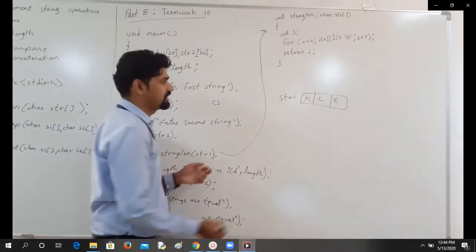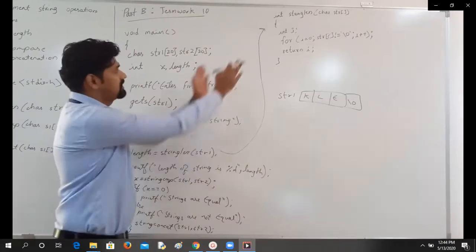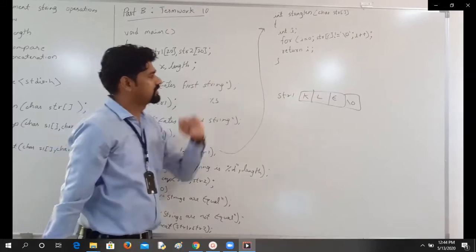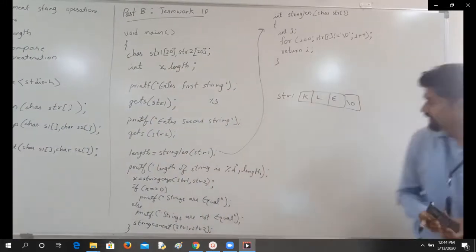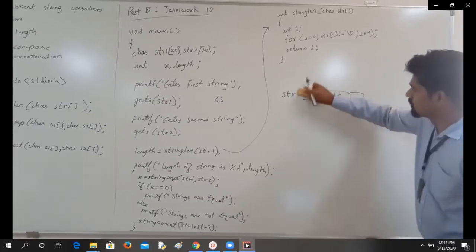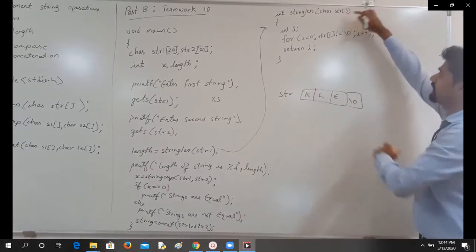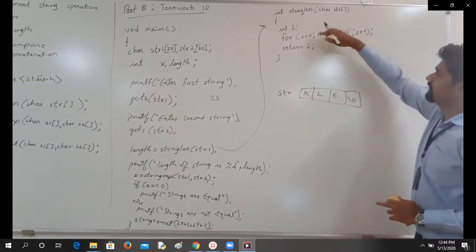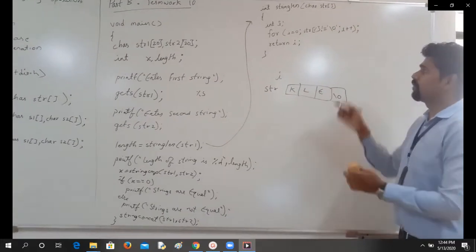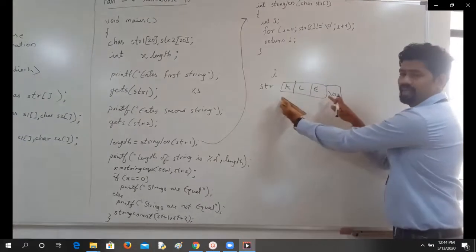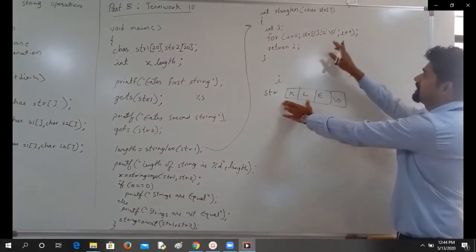And we also know that a string terminates with a null character. So that is there. So this is passed here to this function. So in this function, the name of the variable is str. The value of str now is Kaylee, and then there is a variable which is declared which is i. So here what I have to do is I have to count the number of characters which are there in this particular string. Okay. So let us start.